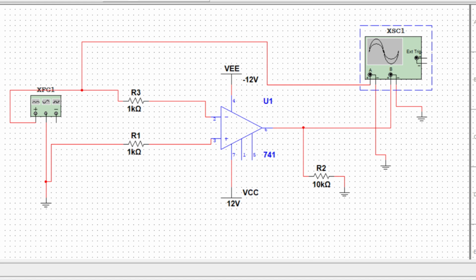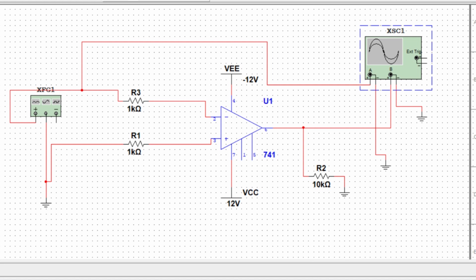Signal generator. This component provides an AC sine wave input to the non-inverting input of the operational amplifier. The sine wave oscillates above and below the reference voltage, allowing us to observe how the operational amplifier output switches its response. Power supply. The operational amplifier is powered by a 12-volt supply. This dual supply setup allows the op-amp output to swing between positive and negative saturation voltage, ideal for generating a full square wave output in response to the input.